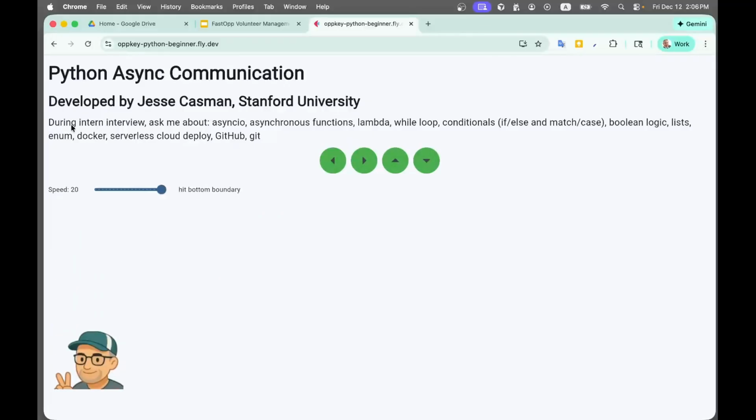And then you can place some text here to practice talking about it. Just review what you learned in the course. Async IO, asynchronous functions, lambda. We've covered all of these concepts: while loop, conditionals, if else, or multiple conditions with match case, Boolean logic, which is the if, and then there's a condition, lists, enum for the data type, Docker, which we'll cover as we deploy this. So you haven't learned this Docker serverless cloud deploy and GitHub and Git yet, but we're about to learn it